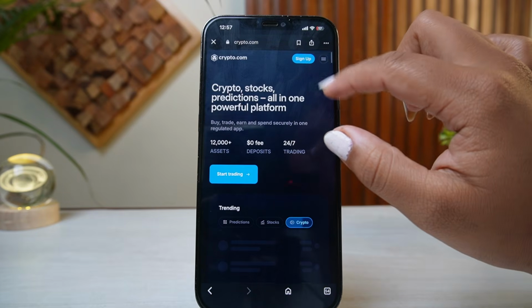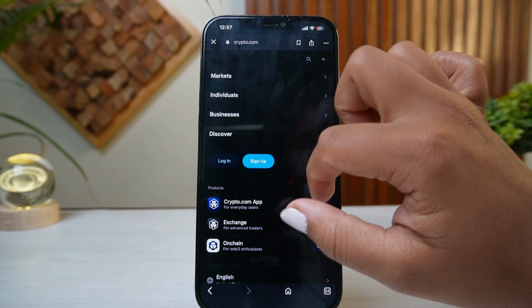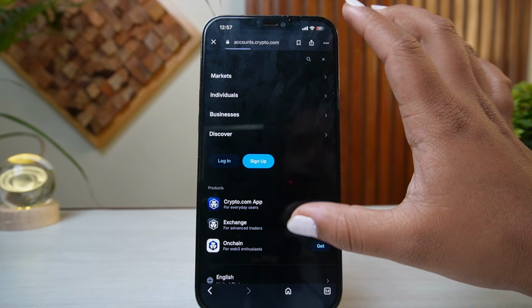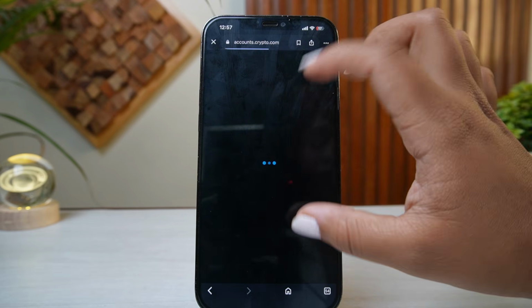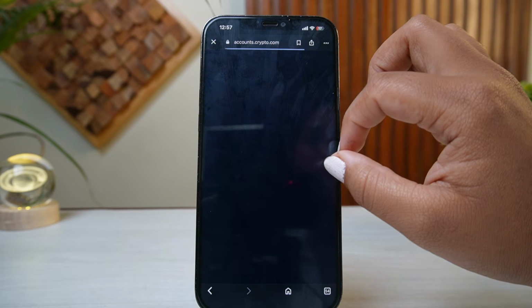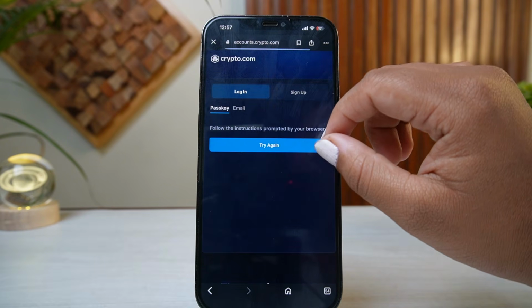You can simply tap on that menu bar on the top right. You'll be able to see login. Tap on that one, add in all of the credentials of your account and log into your account, right? Once you're logged into your account, you'll be able to get to the settings icon on the top